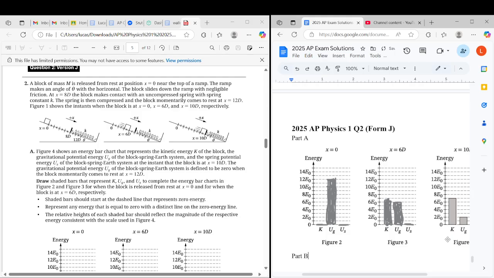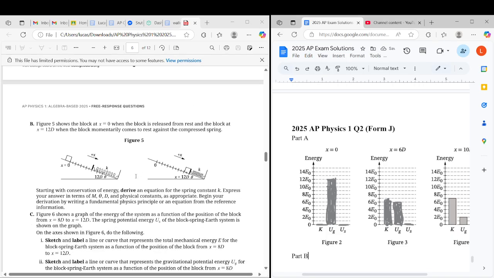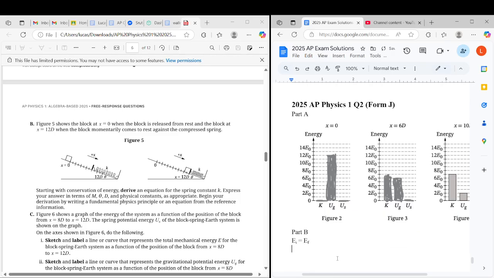Part B is going to ask us to derive an equation for the spring constant. It's telling us to start with conservation of energy: E initial equals E final. So initial would be at 0. This means one half times m v squared initial, that's kinetic, plus gravitational potential energy, m g h initial, plus,